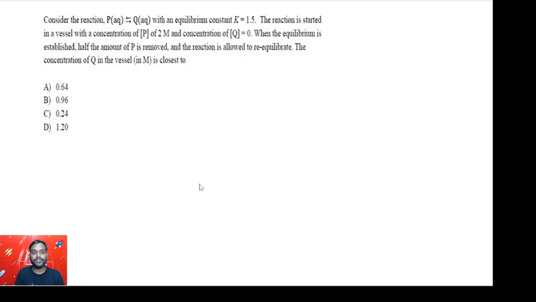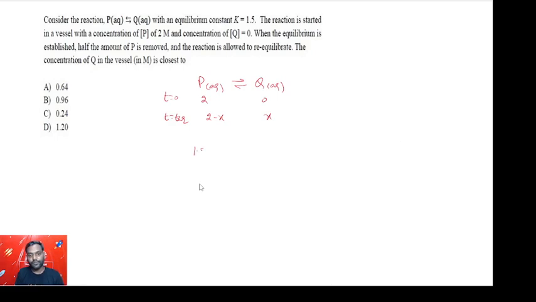So initially, if I talk about the first equilibrium, then P aqueous and Q aqueous. So at t equal to 0, 2 molar of P is taken, 0 Q, and when this attains equilibrium, let's say X molar P is reacted, so it will produce X molar of Q as a 1:1 ratio is there. The equilibrium constant for this reaction is given as 1.5, so I can write this